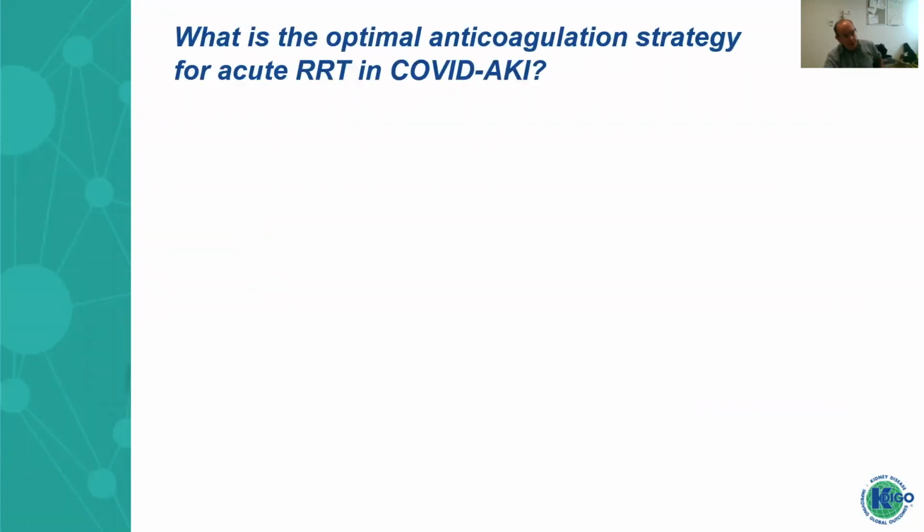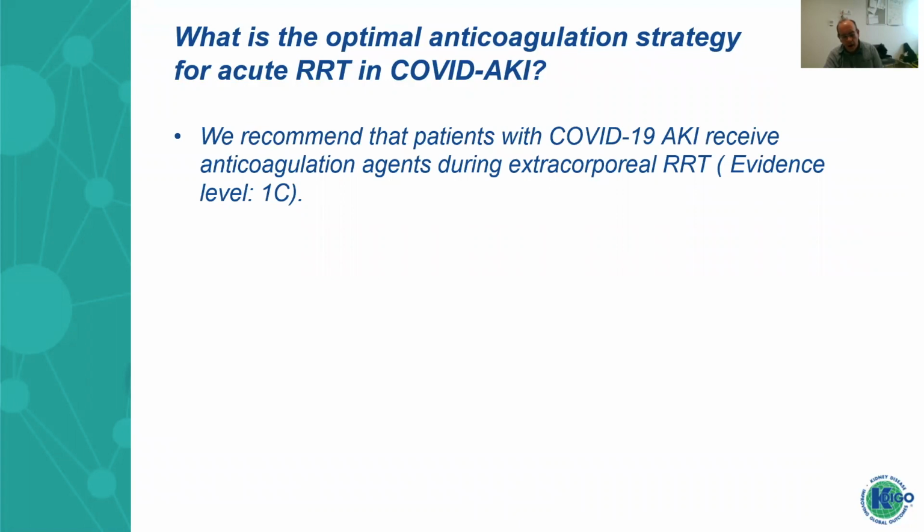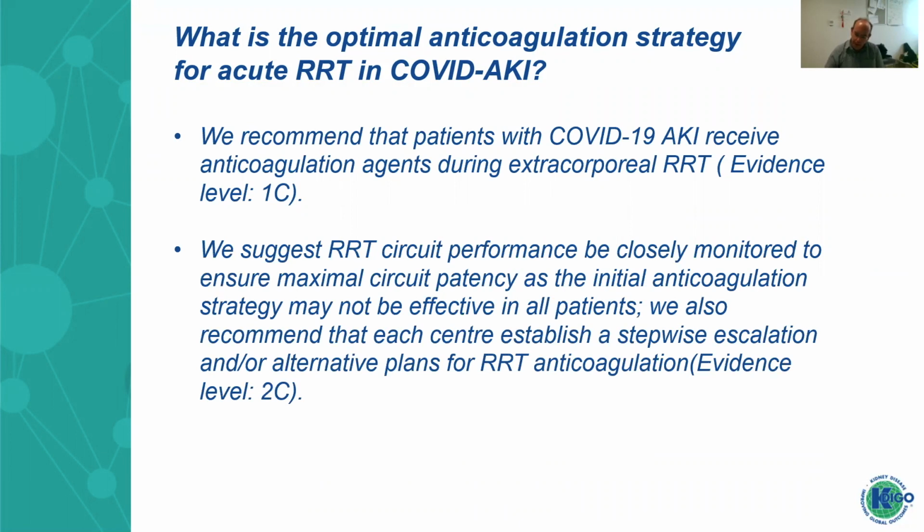So this brings us really to our second question in the kidney replacement therapy aspect of the ADKI results that I'm discussing. What's the optimal anticoagulation strategy for acute RRT or kidney replacement therapy in COVID-AKI? And well, clearly we should definitely be giving all patients some form of anticoagulation. No anticoagulation strategies were very ineffective in these patients. But obviously people have to have the ability to continue to do what they're doing well and just escalate from that, rather than trying to do a new strategy that might actually be suboptimal as it's being introduced in a